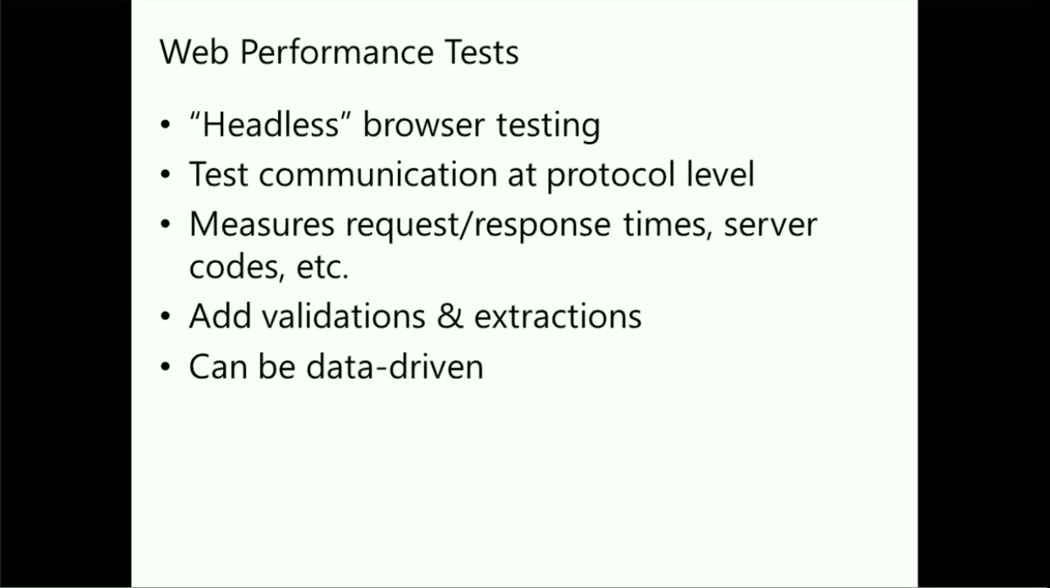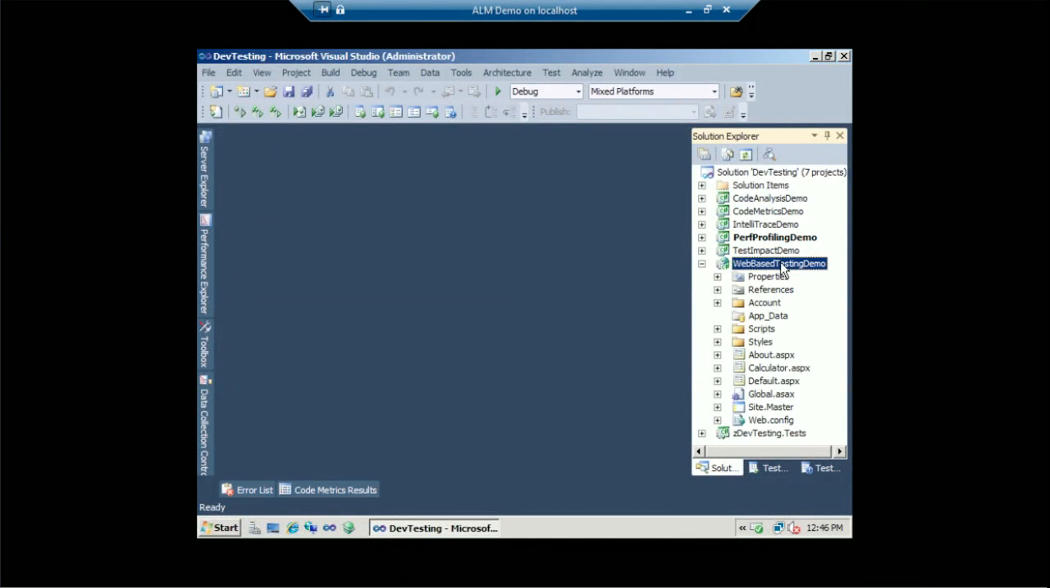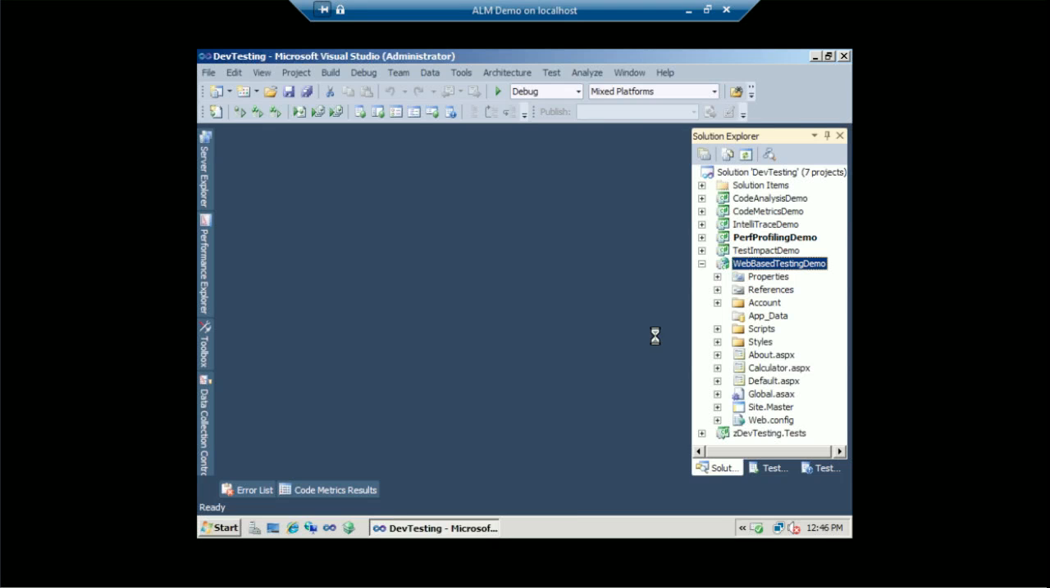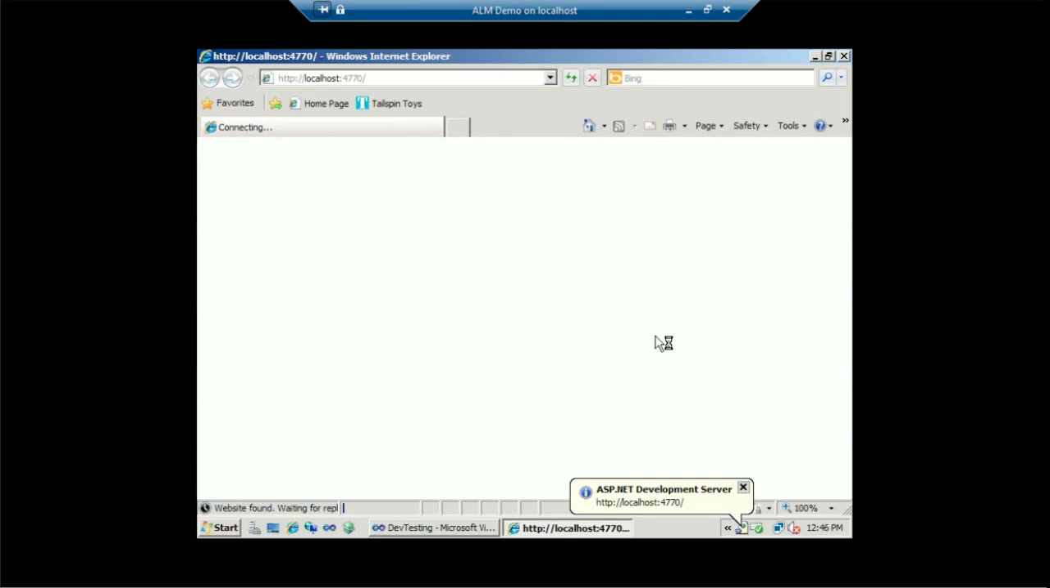missing resources. You can add a lot of validation to your test, to maybe look for a certain string inside your HTML, or make sure a certain HTML has a certain tag on it. And I think just as powerfully, this can be data-driven as well. So let me show you a quick example of what that looks like and what you might want to use that for. So I've got a web-based project here,